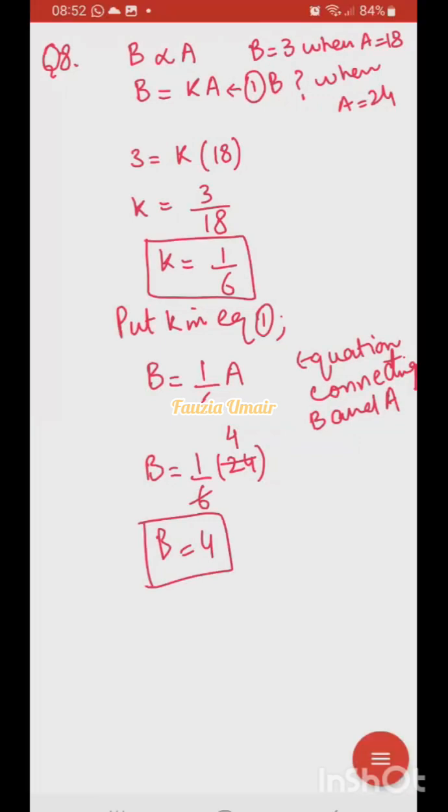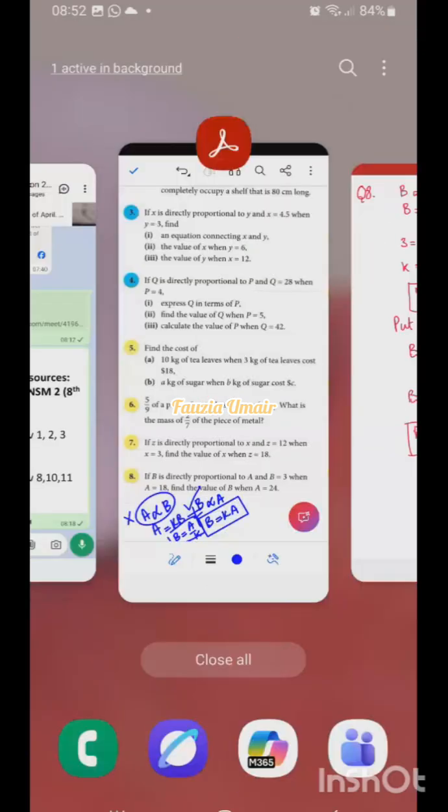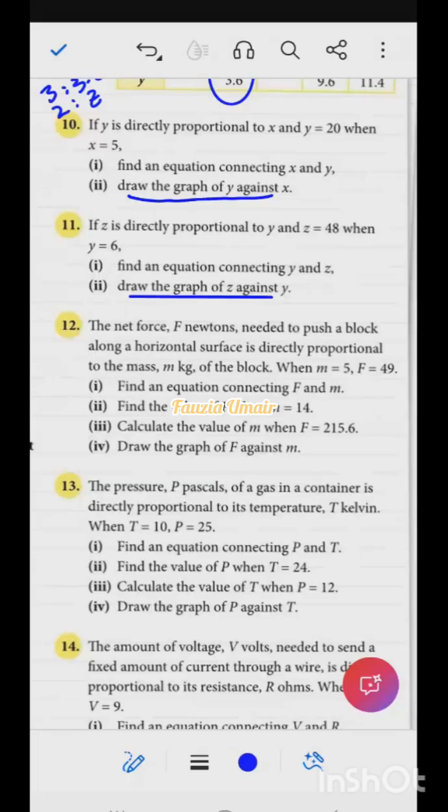Right. So moving on to the next question. Let me show you the book also. So we are done with question 8. I was saying that the graphs are not part of the curriculum. By the way, direct proportion graphs are always a straight line. So now moving on to